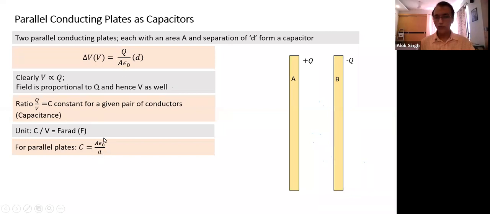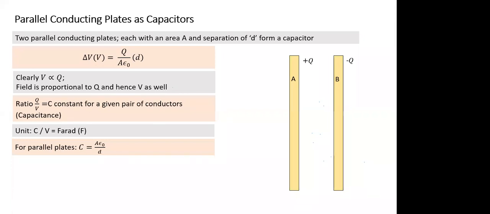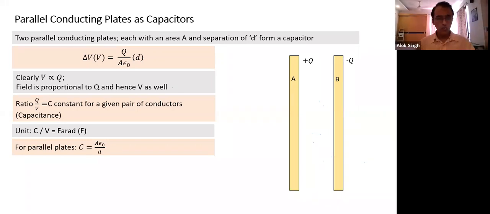So it depends on what? It depends on the geometry, which means size and how they are oriented, how far those conductors are placed. Does the word geometry make sense? Yes, sir. So what does capacitance depend on? It depends on geometry, the way two conductors are placed. And according to the way the conductors are placed, the charge also arranges itself. In this kind of arrangement, the charge would be on this left surface and this surface, two opposing interior surfaces.